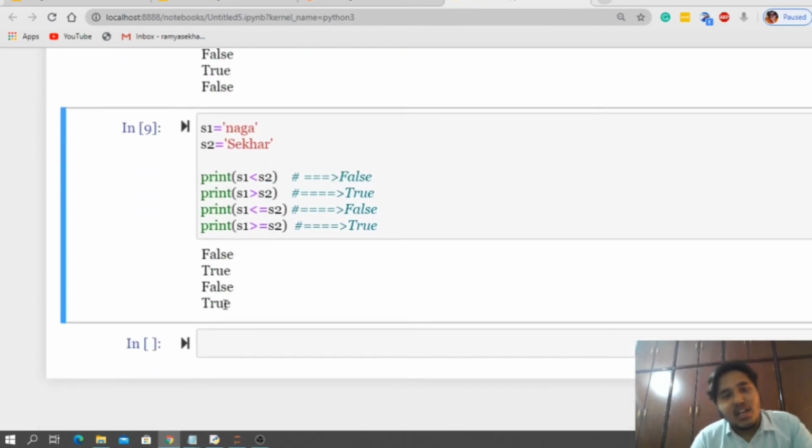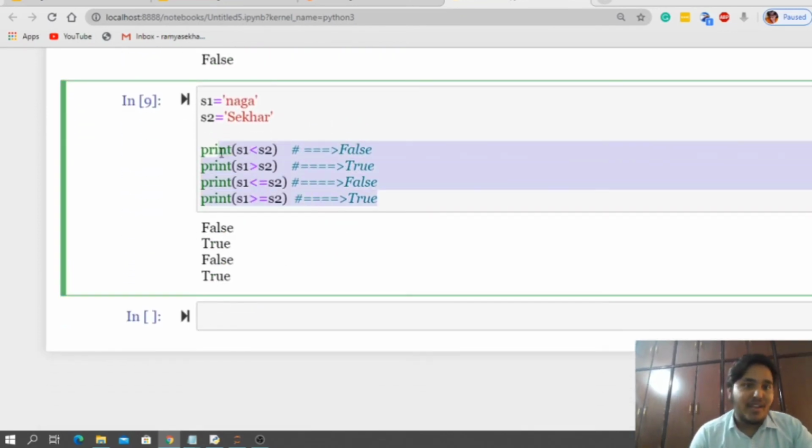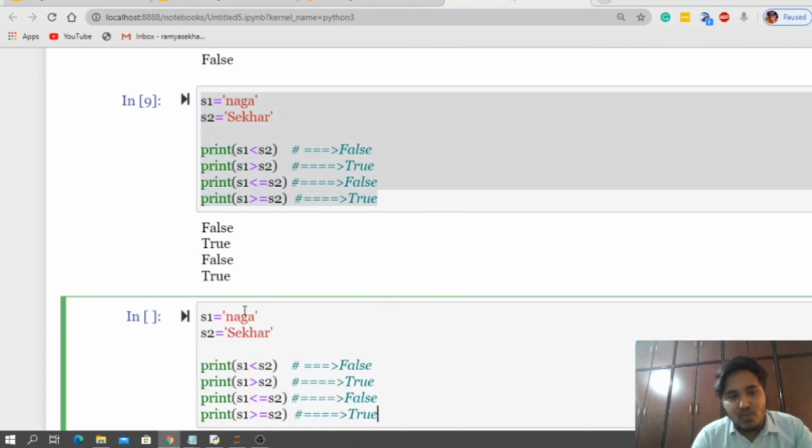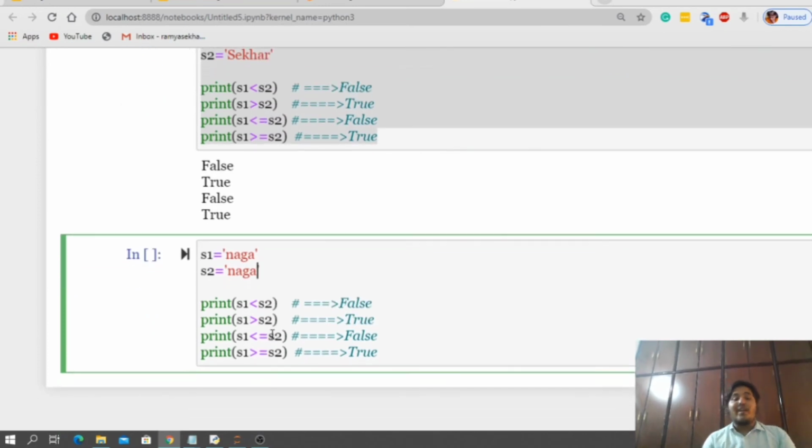Now let me take one more scenario where two strings are equal. What if two strings are equal? Naga, naga. If two strings are equal, every character will be compared: N and N, A and A, G and G, A and A. Everything is equal.